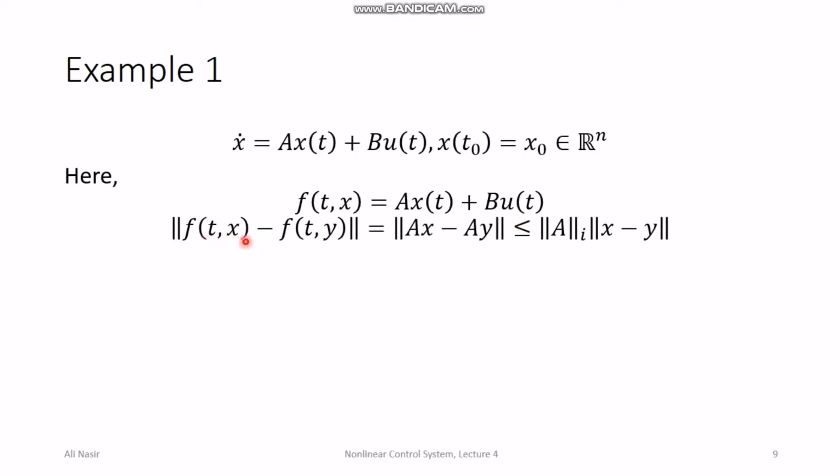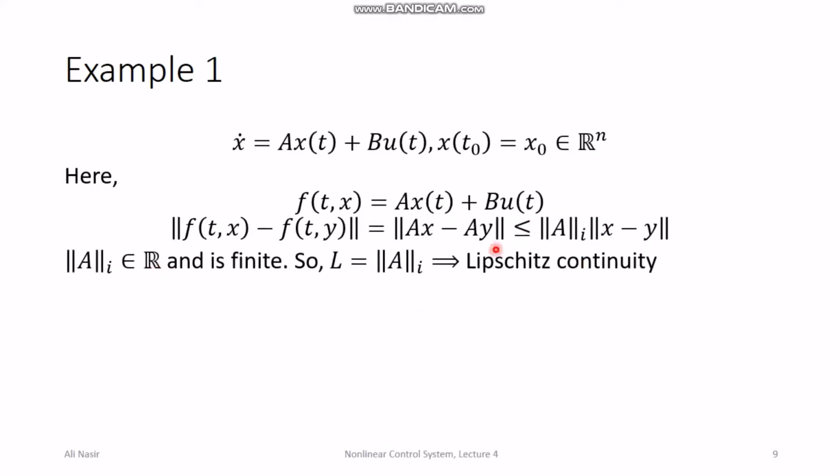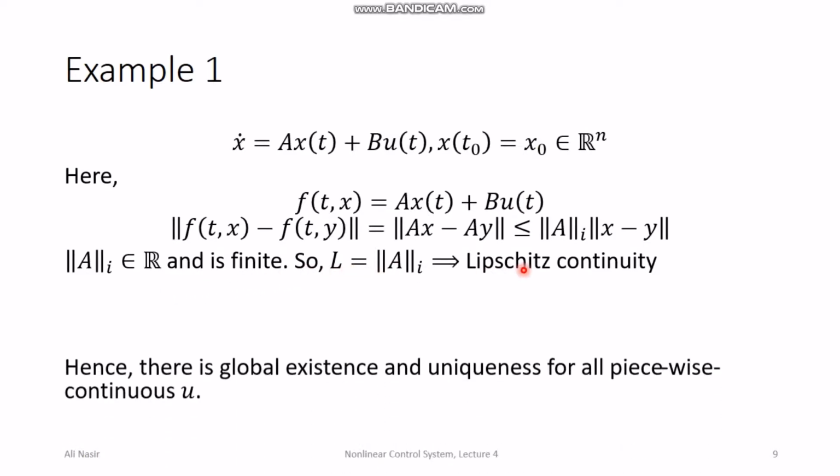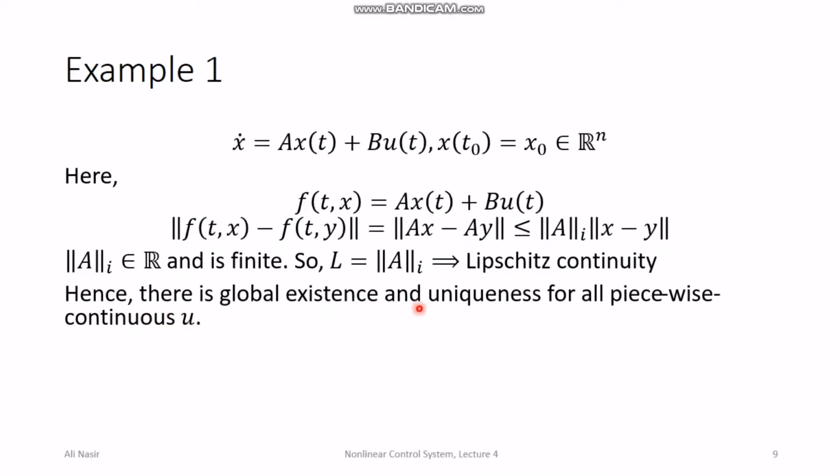f is Lipschitz continuous with the Lipschitz constant the induced norm of A, and since this Lipschitz constant does not depend upon x or y, this is globally Lipschitz. So f here is globally Lipschitz. It is not Lipschitz just in the neighborhood of any x naught. It is Lipschitz because this A matrix has induced norm independent of this value of x naught. Hence there is global existence and uniqueness for all piecewise continuous